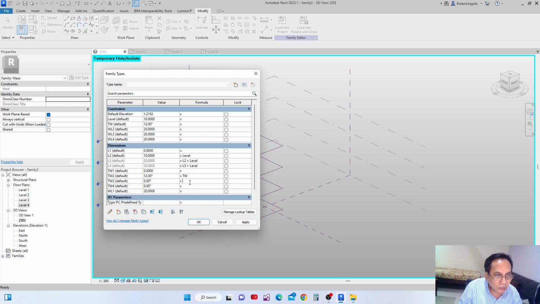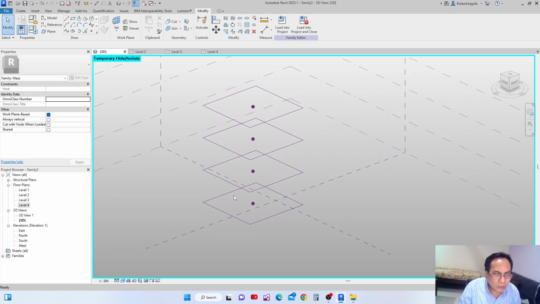And then this one I'll just make it TW plus TW2 because this is TW2, and then I make this one TW4 TW, capital W plus TW3 and then apply and then okay,